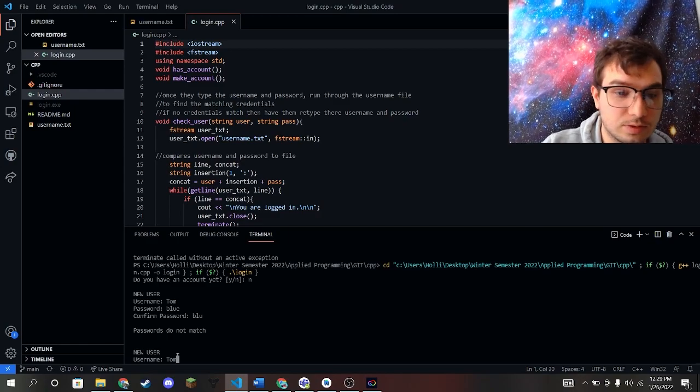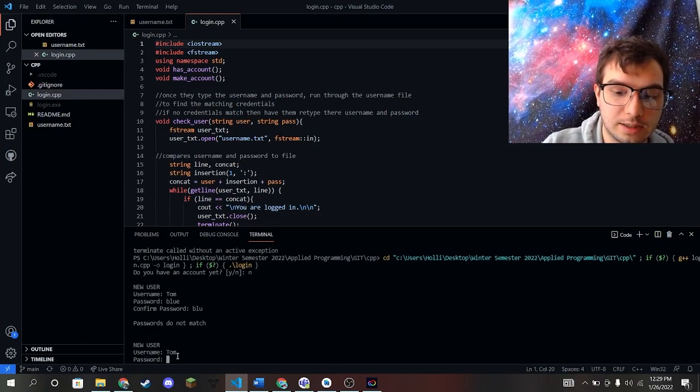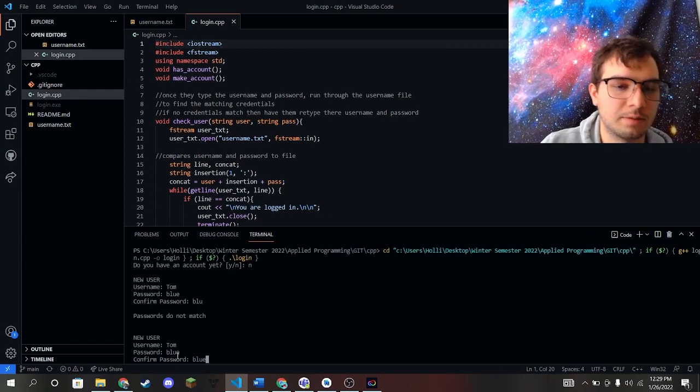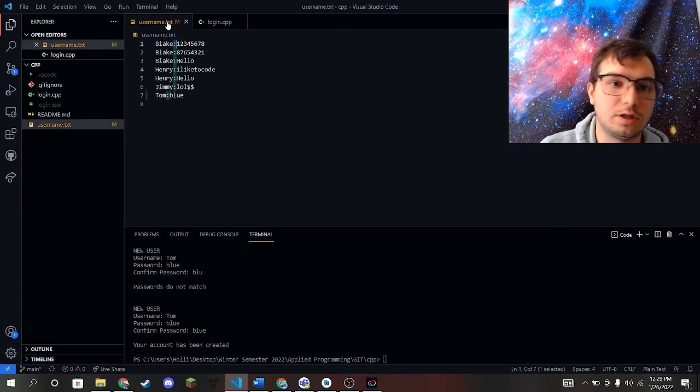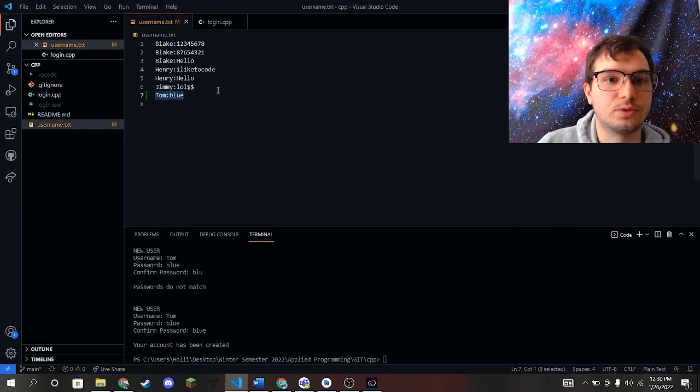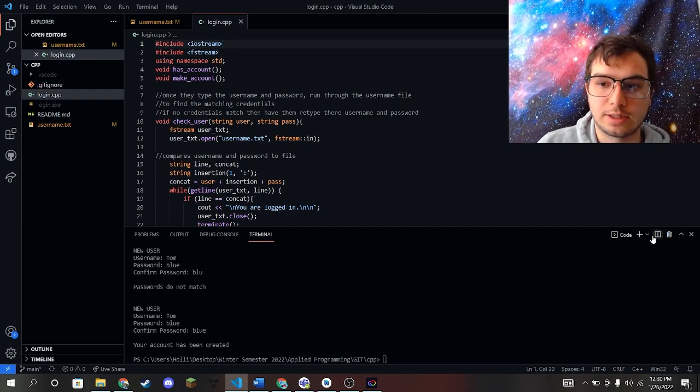So let's type in his username again, his password again, is BLUE. I'm going to make it not capital this time. Confirm the password, type it right, and your account has been created. If we go over here, we can see Tom colon blue has now been created. And then if we run this again